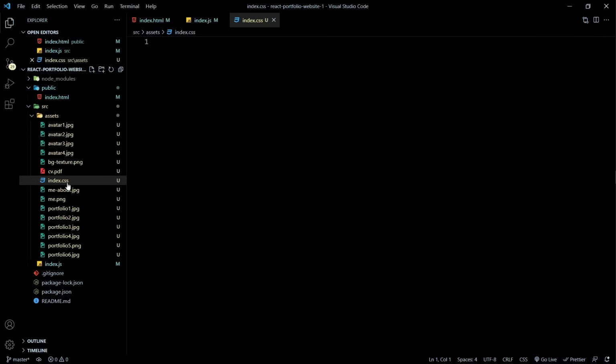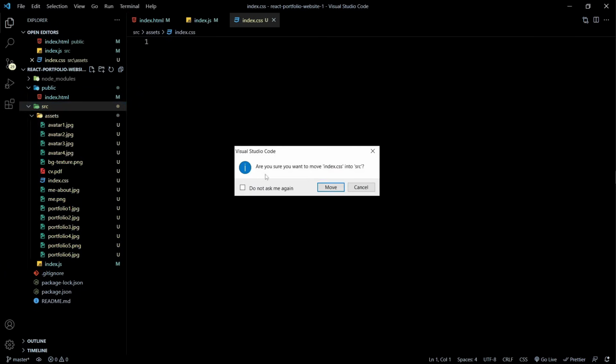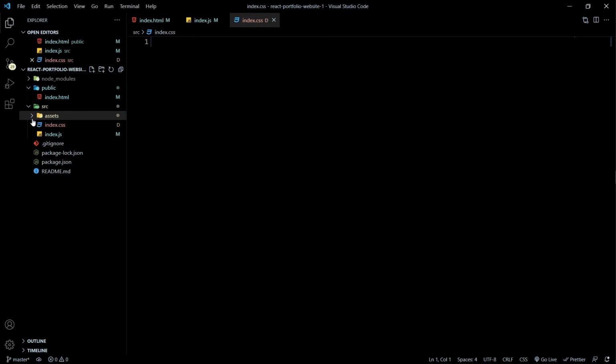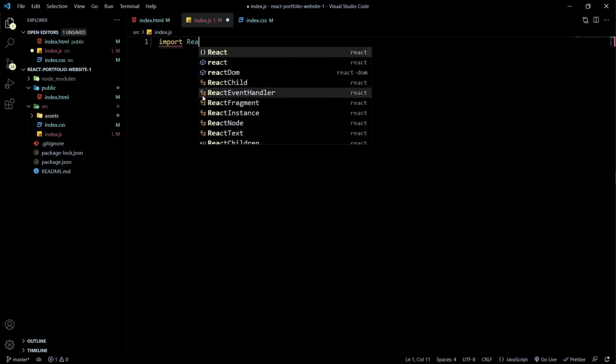This should come in here. This should be in the source. Okay, it should be a subline of this. Okay, so let's see. Here in the index.js file, I'm going to import React DOM